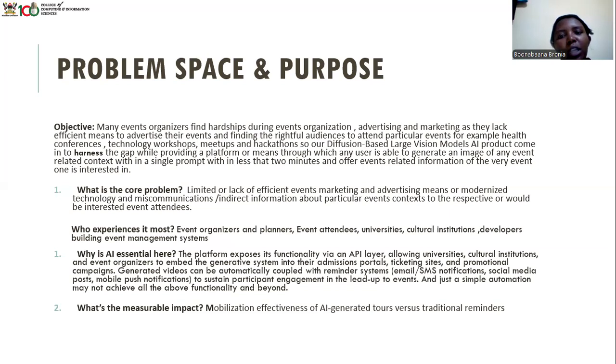I believe this product would help other event organizers or planners out there. The core problem is the lack of efficient event marketing and advertising means, or even modernized technology. You really want to come up with an event poster, but let's say you've never held this event, this conference or this hackathon before.